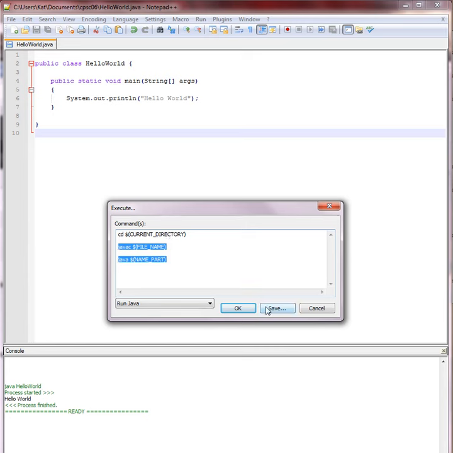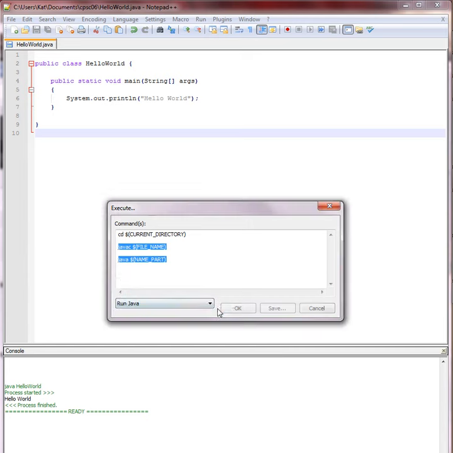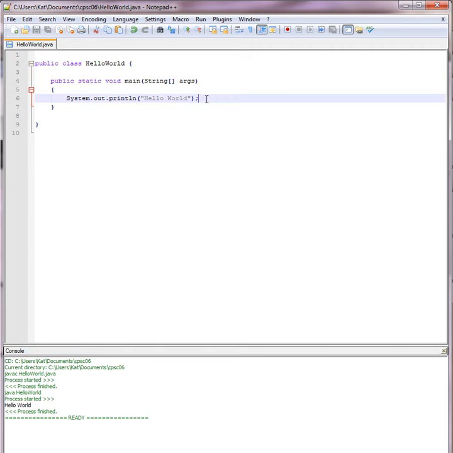Okay. I can save this, which I already have, so you can hit save and give it a name. So I name mine run Java. So you can give it a name so that next time you come here, it'll be here and you don't have to retype this in. And then you press OK. Notice that it went to my current directory, it compiled, and it ran my program. Now just like before, if I had an error, it would spit out that error. And I've run out of time, so that's how to run a program and